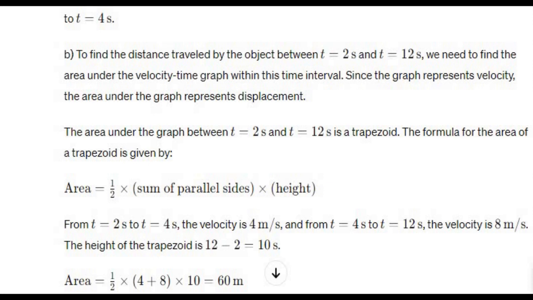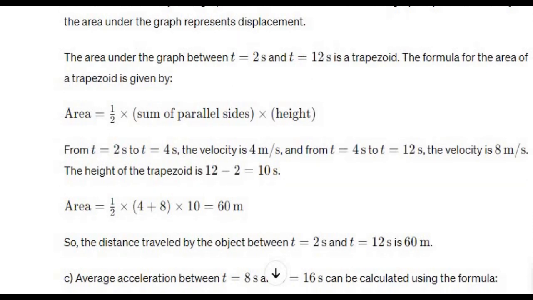From t equals 2 seconds to t equals 4 seconds, the velocity is 4 meters per second. And from t equals 4 seconds to t equals 12 seconds, the velocity is 8 meters per second. The height of the trapezoid is 12 minus 2 equals 10 seconds. Area equals half multiplied by (4 plus 8) multiplied by 10 equals 60 meters. So the distance traveled by the object between t equals 2 seconds and t equals 12 seconds is